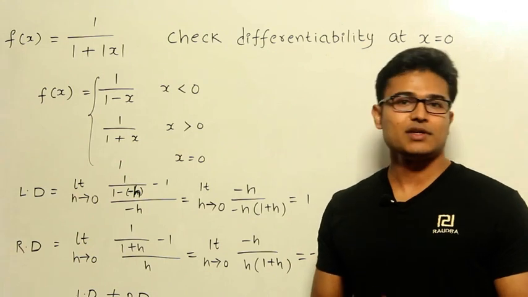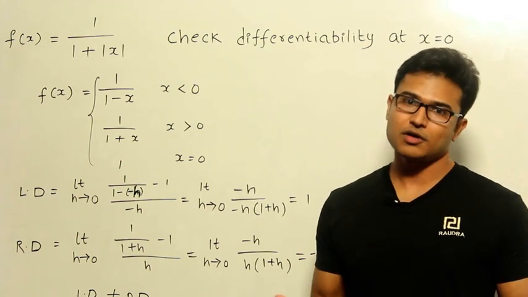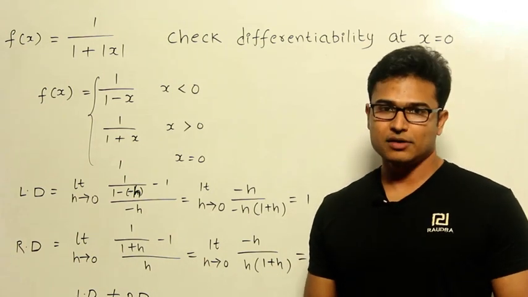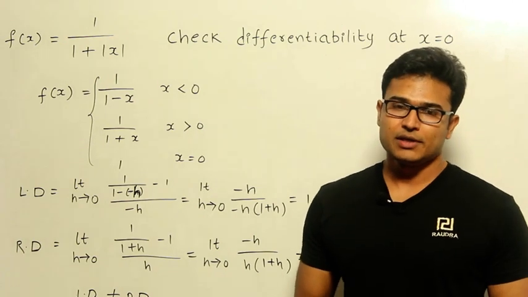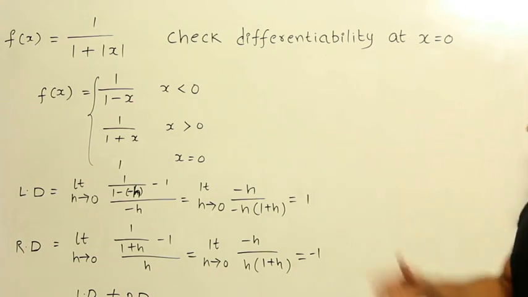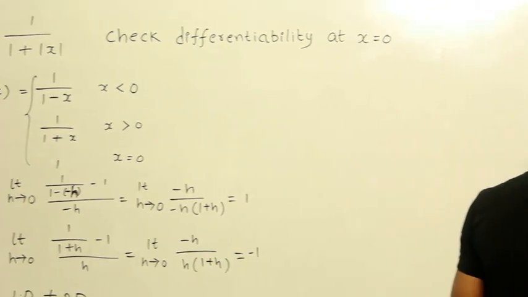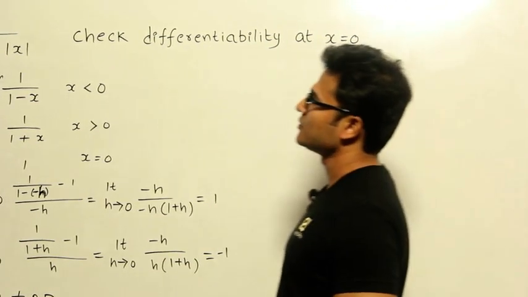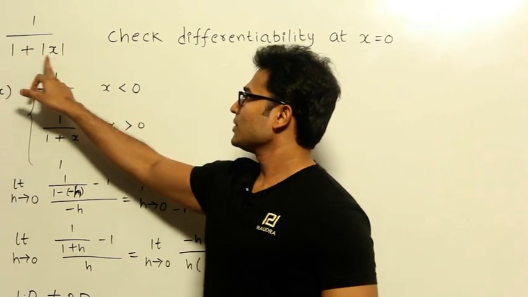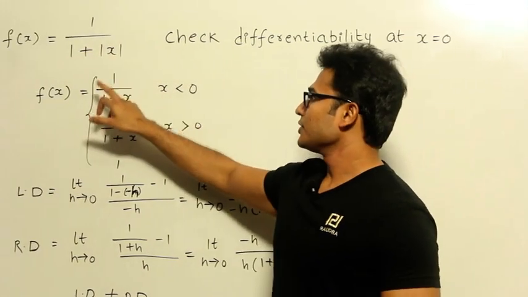That is one method. What is the other method? Find out whether it is continuous or not, and then you can apply the f dash x method. So let's see the simple method first. Which one is simple depends on whether it is easy to differentiate the function or not. So let's see this one. f of x equal to 1 by 1 plus mod x is the function given.